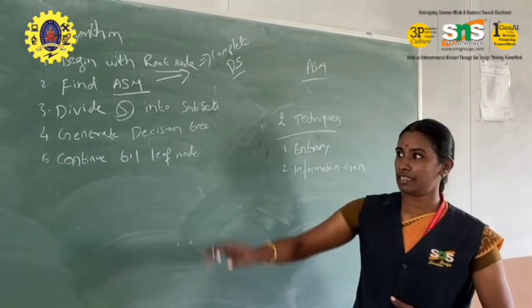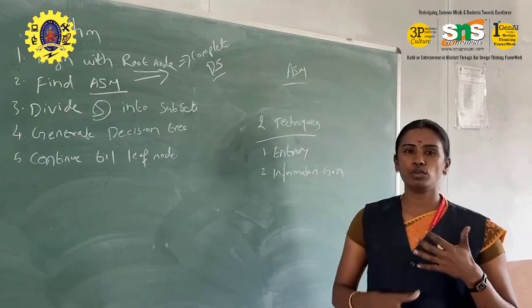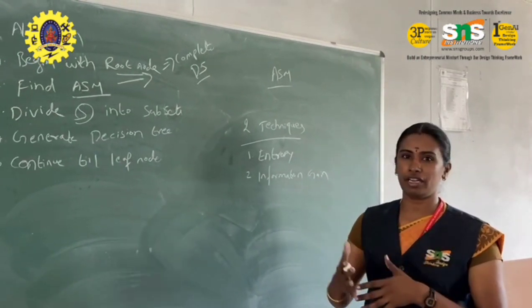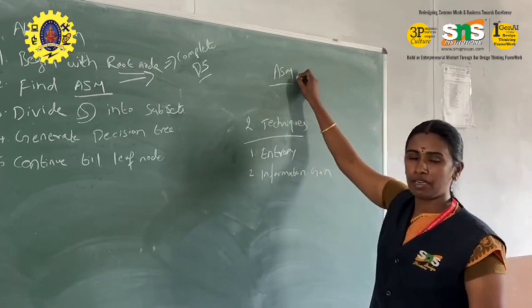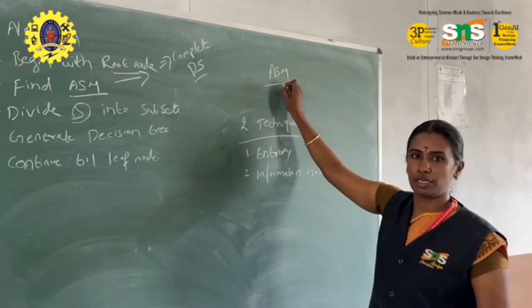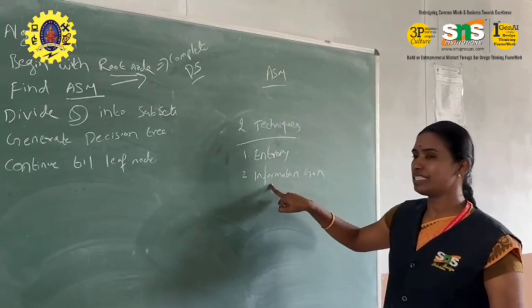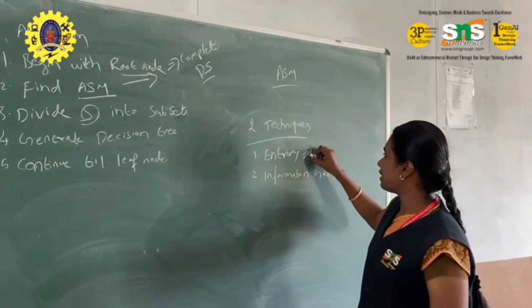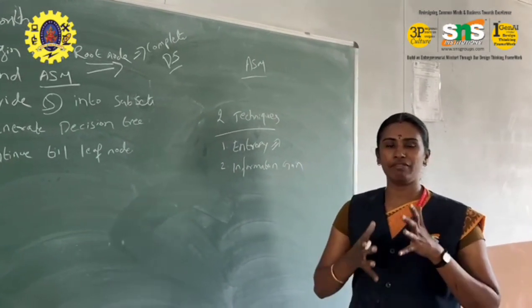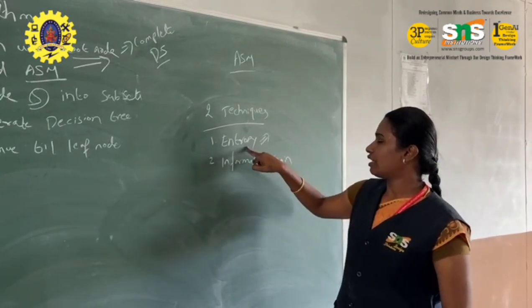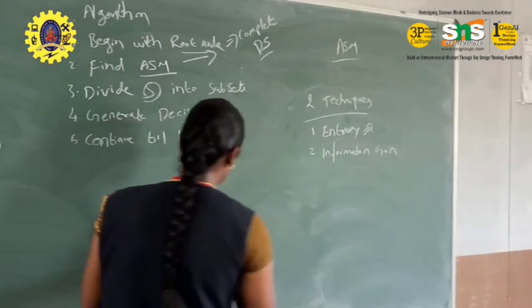While implementing a decision tree, there is a main issue: how to select the attribute in a given data set. So there is a solution called ASM. ASM stands for attribute selection method. In ASM, it has two techniques. The first one is entropy, and the second one is information gain. Entropy is a metric to measure the impurities in a given attribute. It is the degree of randomness of data. So the formula says